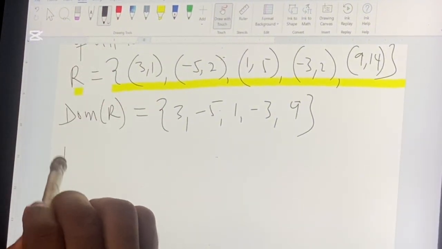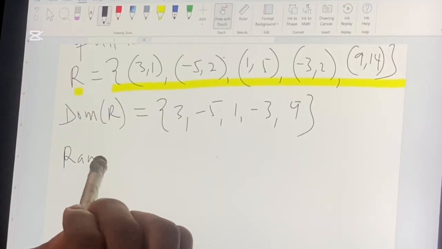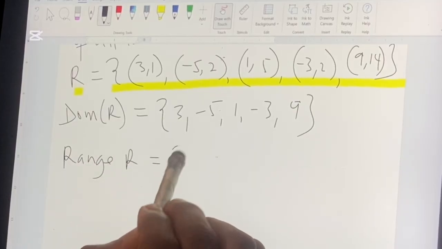The next is range. The range of this relation R is equal to, class,